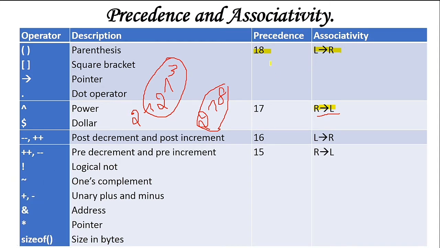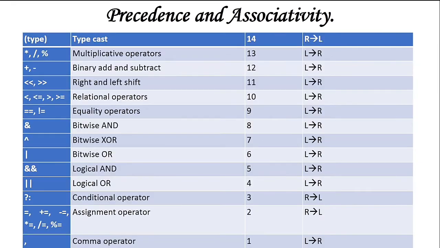Next, these are the precedence values and associativity. If you want to do the problems under this session, then you need to know the precedence and associativity properly. And this is the precedence and associativity of the other symbols, all the arithmetic operators, then binary, bitwise, logical, conditional operators, all those things will come under this.